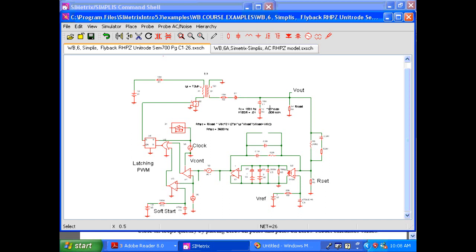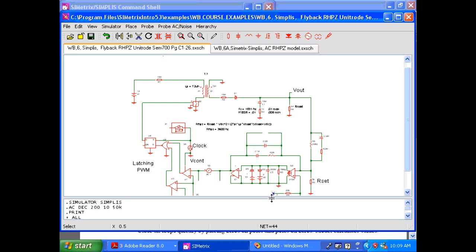Forward diode and load capacitor with ESR, load resistor. Feedback comes down this path through this way. And this is a type 3 compensation amplifier with 2 independent poles and zeros that we can adjust. And the way we adjust those